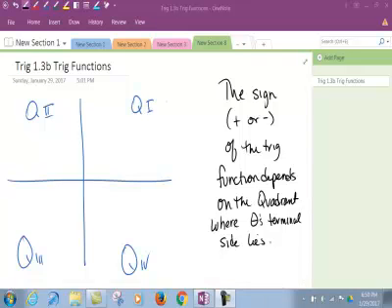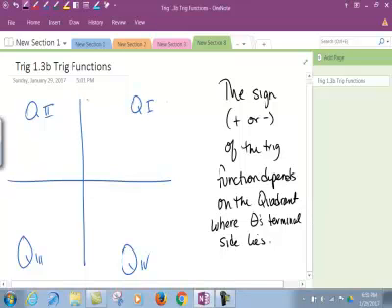In the second video for section 3, we're going to talk about the signs of the trig functions. The way we determine the signs, whether the trig function is positive or negative, depends on, when we graph the angle, which quadrant the terminal side of the angle lies. All right. So we remember from a couple of videos ago we plotted the Cartesian plane and we talked about